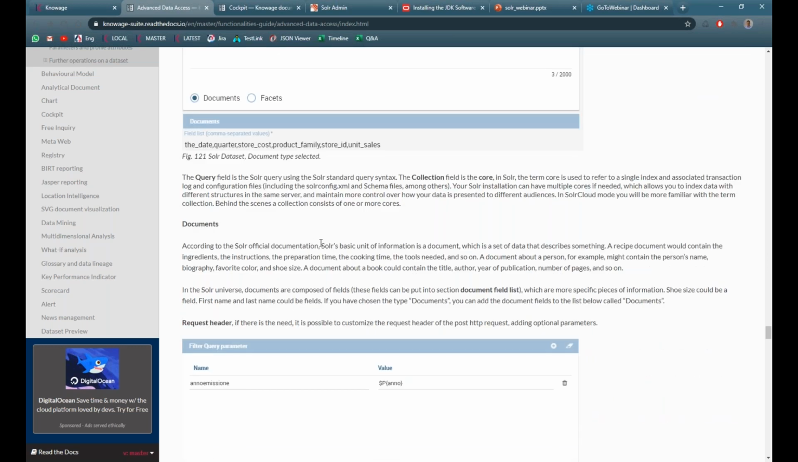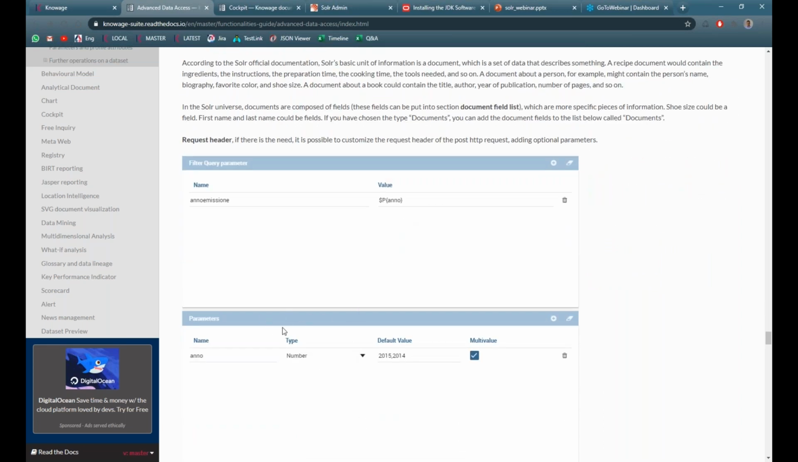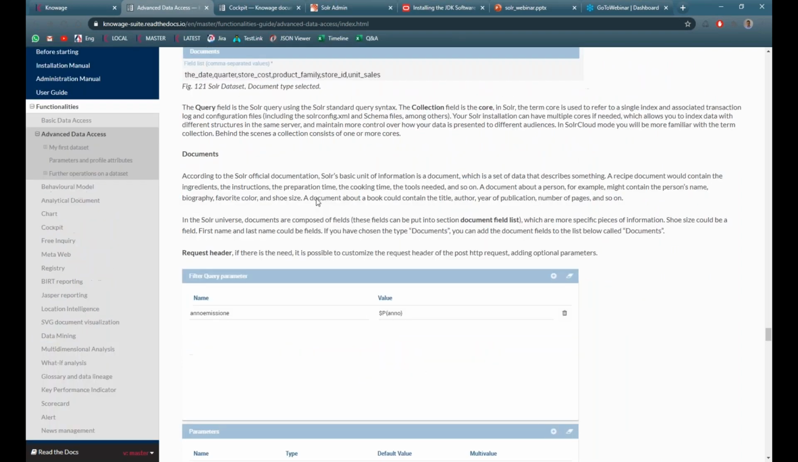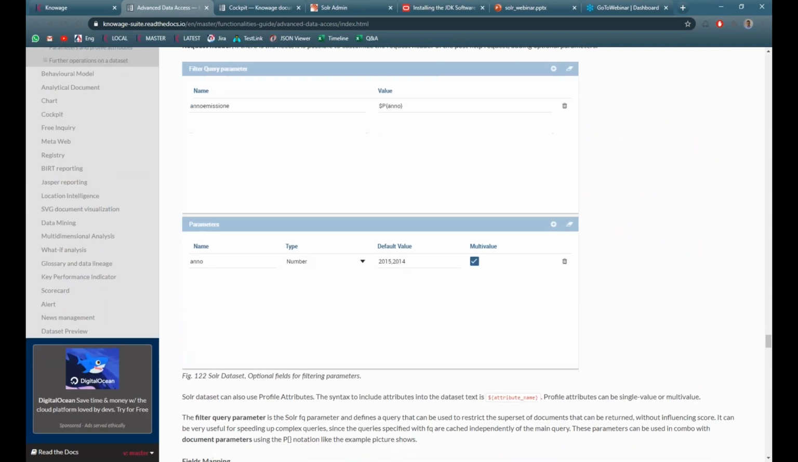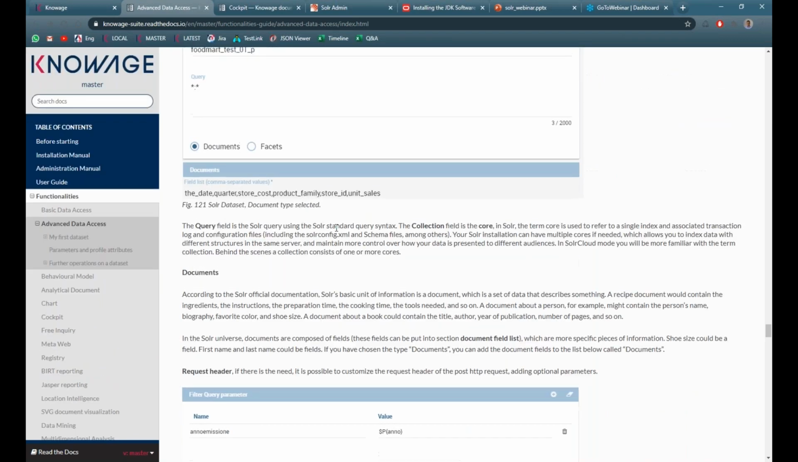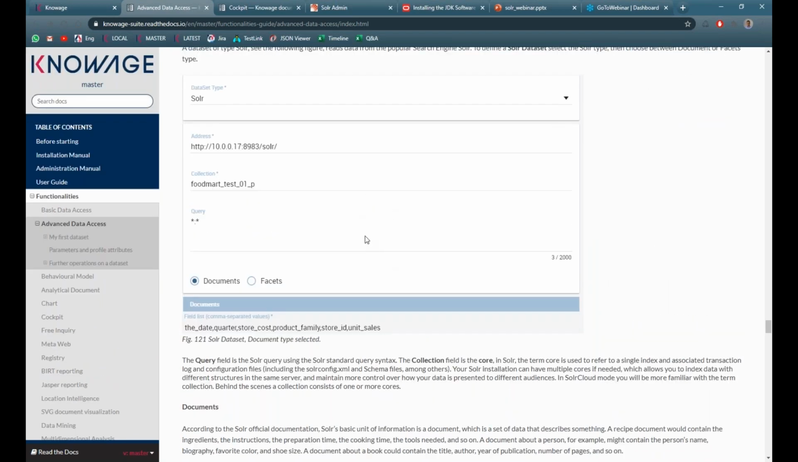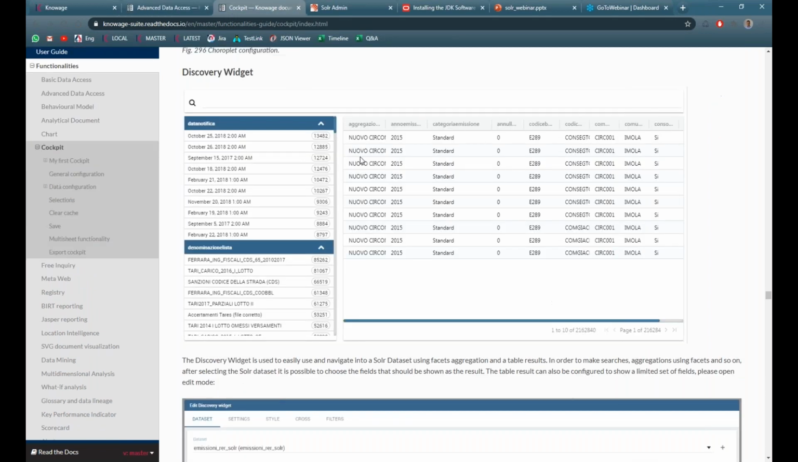I can also customize these queries by, for instance, making them parametrical. So I can create some parameters, give them a value, and then use these parameters, for instance, when performing queries and so on. Also, I have the possibility to personalize the request headers if I want. So here in this section, I have to define the query that will return the data that I am interested in. Then, once I have defined this dataset, I can use it inside the cockpit, for instance, by using a